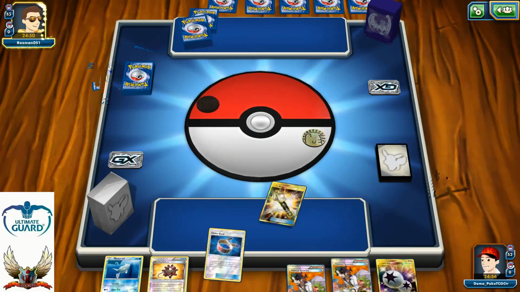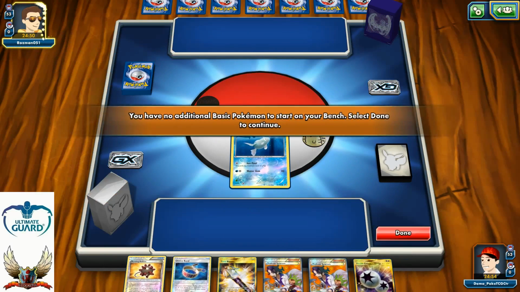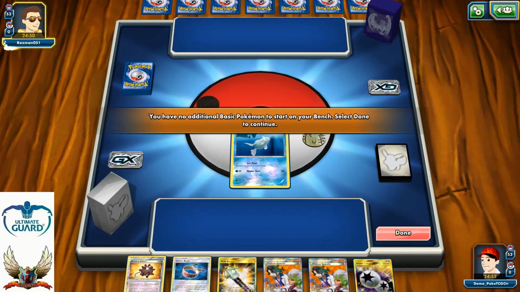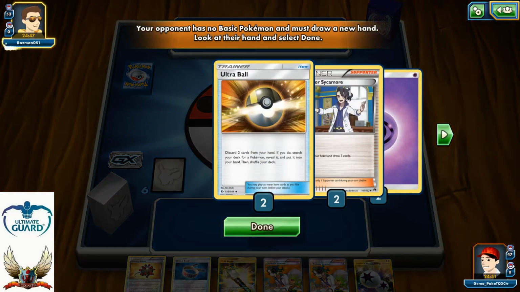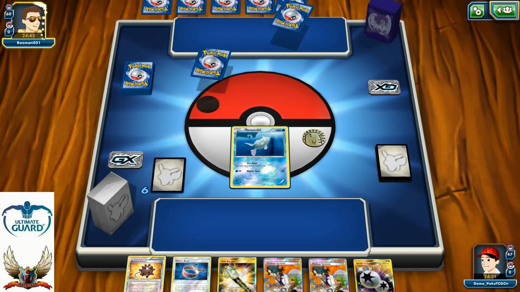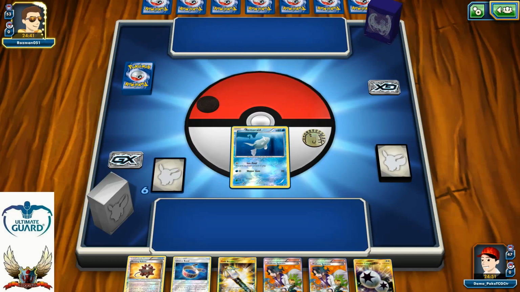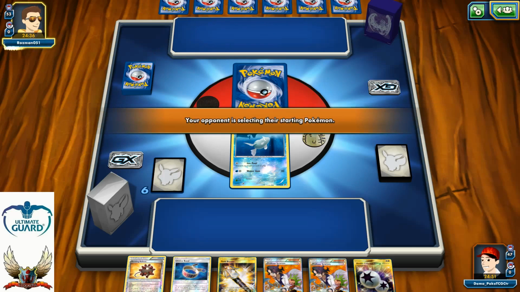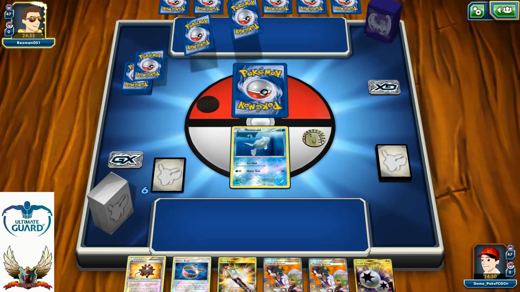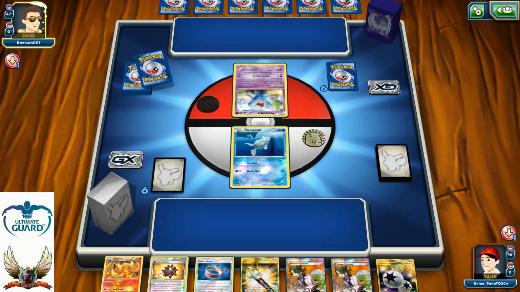Okay, so taking a first look at my opening hand, and I'm just starting with 1 copy of the Remoraid with the Iron Pool. More than that, at least I have Professor Sycamore available, but the problem with that Sycamore is if I play against a Garbodor deck, I'm just gonna discard too many item cards in my discard pile. I mean, 3, that's already 6 damage counters. So I wish I can top deck something as a...